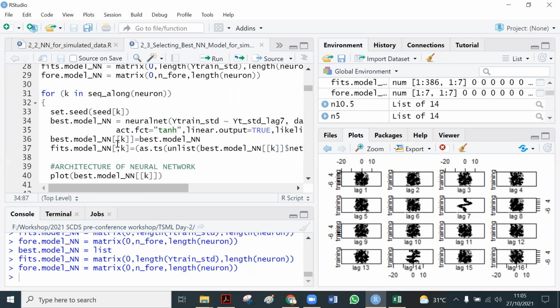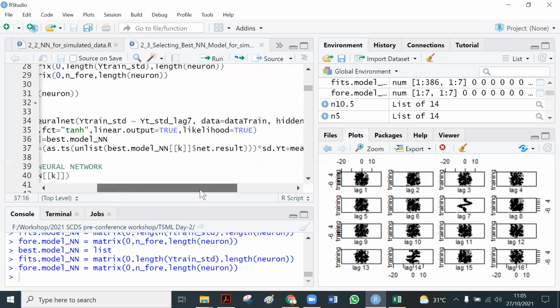And then this neural network model we assign as the best model, and then we get the fit value, the predicted value or forecasted value, and then we